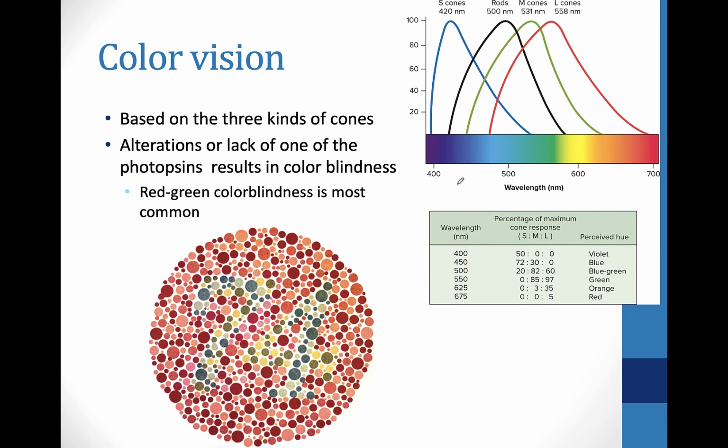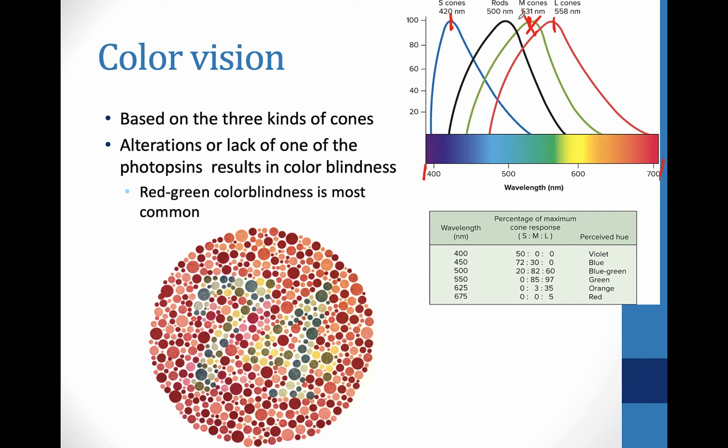We have color vision, able to span the entire visible light spectrum from purple to red. And this is thanks to our 3 different photopsin cones, which allow us to see color vision. You can see here, this is where they absorb light, and their peaks are where they absorb the light the best. Alterations, so mutations, or even lacking one of these cones results in color blindness, and it's usually this green one here, which would lack the ability to distinguish red from green,